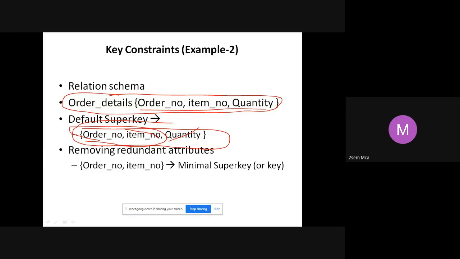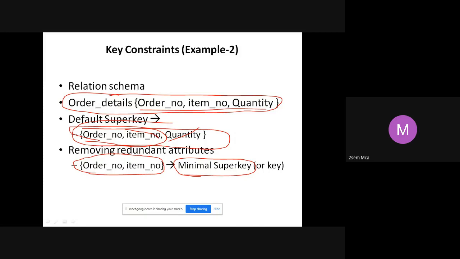Now, if I remove item number, in this example, probably I cannot identify anything further. Order number and item number together are forming a combination primary key. So if I remove one, I will not be able to identify uniquely every record. So order number and item number, both put together, I call it a minimal super key, because here in this example they are a composite primary key.